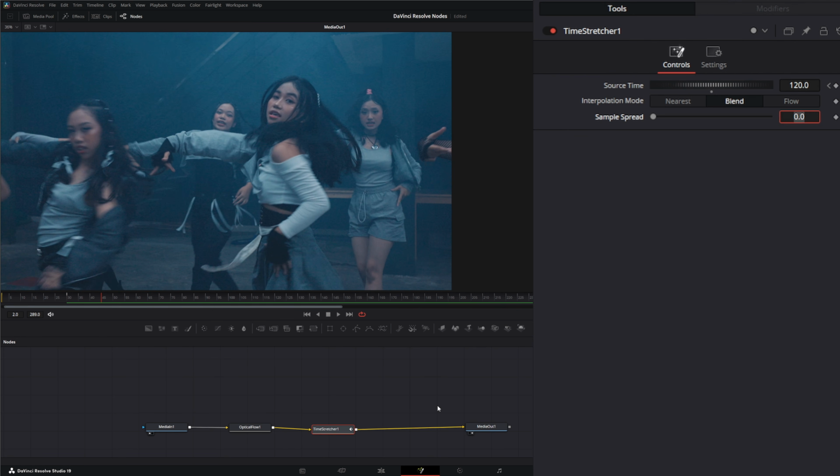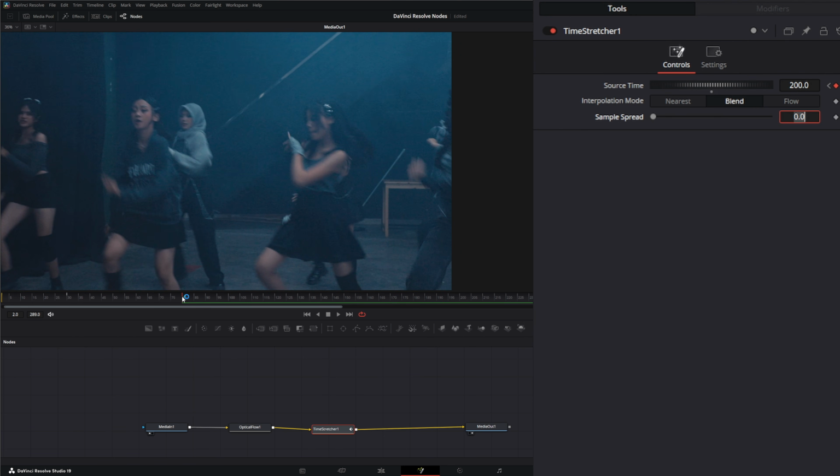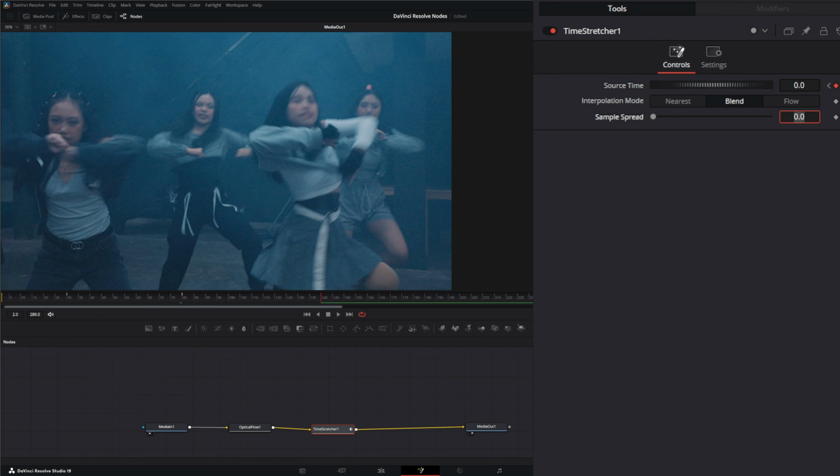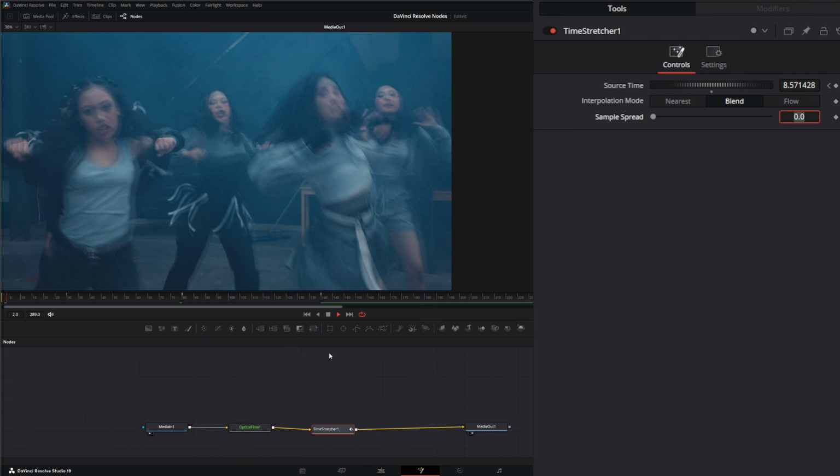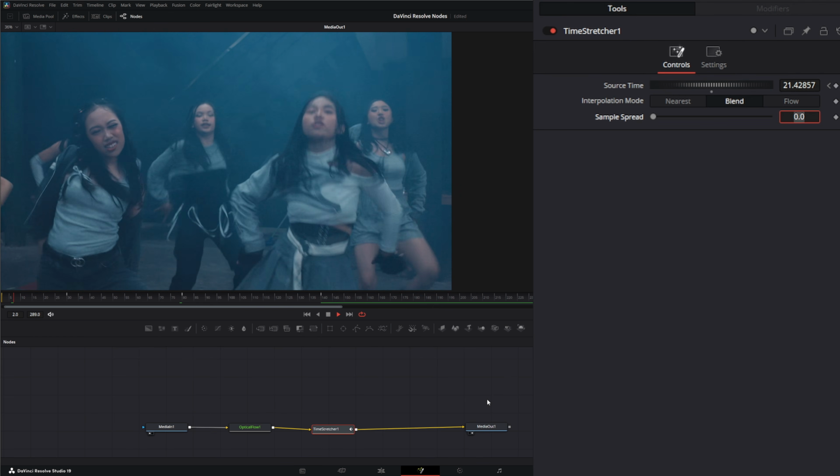And then make this, we'll go here and say frame 200. And then we'll go here and we'll make this actually go backwards to 0. And if we play, you can see